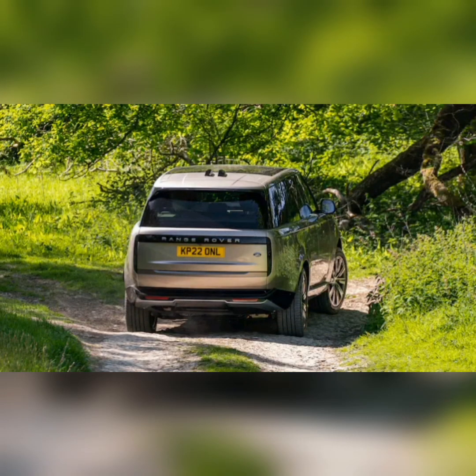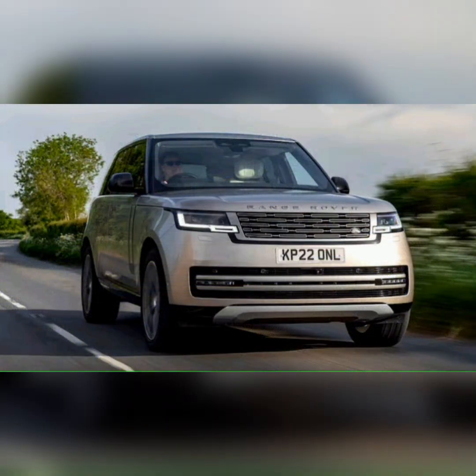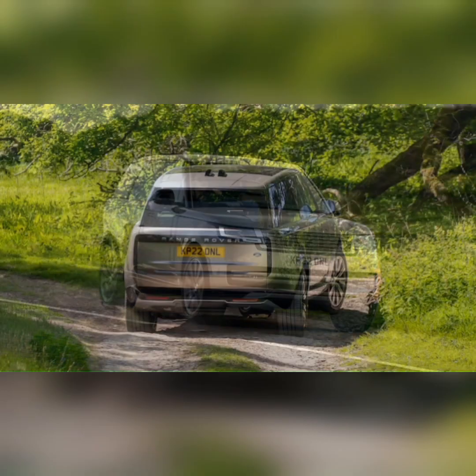The Range Rover D350 is cheaper than either the P400 or P440e models, let alone the P530. Based on British pricing, a D350 specified the same way as our test vehicle. Options included the handsome Batumi gold paint, 22-inch wheels, digital LED headlights, semi-aniline leather trim, heated and vented seats front and rear. Would cost